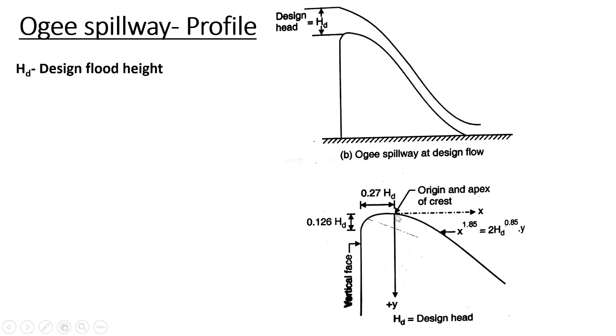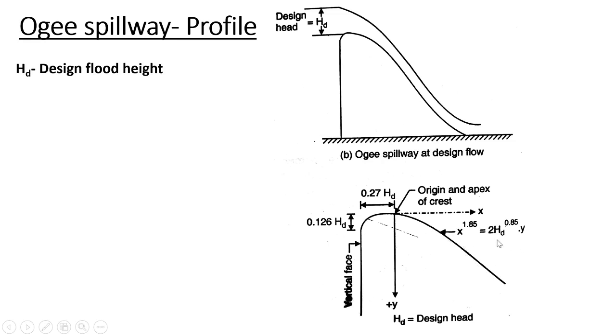This origin is located at 0.27 HD from the vertical face of the dam. Also, this curvature from the origin is located at a distance of 0.126 HD. Based on this dimension, we can fix the origin, and from here onwards